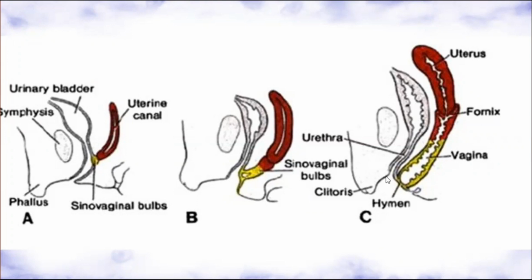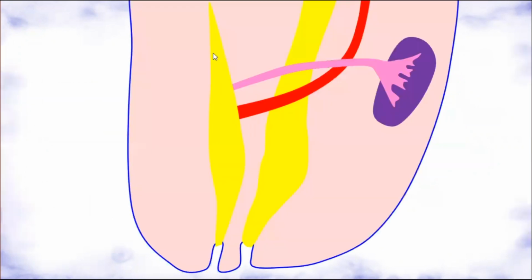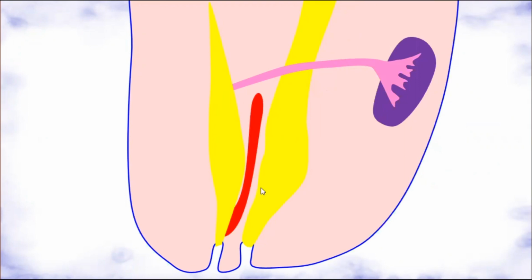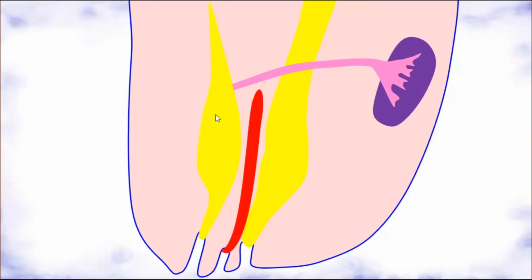It will be separated from the urethra, and it will form the vagina. So here we can see the urogenital sinus, and it will be formed into the urinary bladder. It's the female paramesonephric duct, and later it will be opened into the urethra,